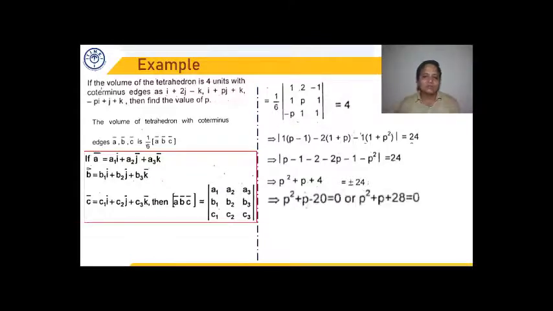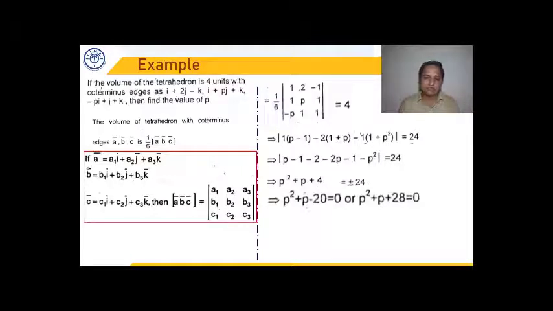Now we got two quadratic equations. One says p square plus p plus 4 equal to 24. So p square plus p minus 20 equal to 0. Other says p square plus p plus 4 equal to minus 24. So p square plus p plus 28 equal to 0. Now if we look at the second quadratic equation, its discriminant is less than 0. So it will not give us real values of P. So we have to concentrate, factorize only the first quadratic equation. It says p square plus p minus 20 equal to 0. We require two factors whose product is minus 20p square and sum is plus p.